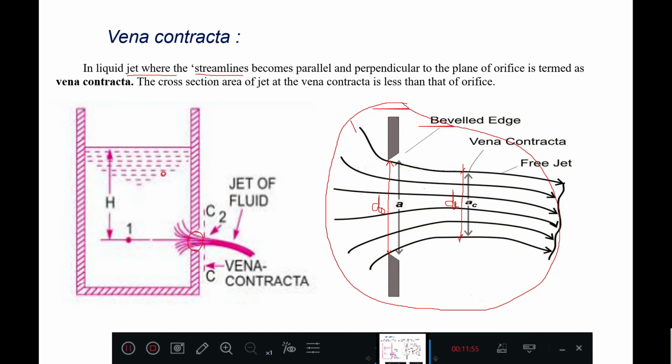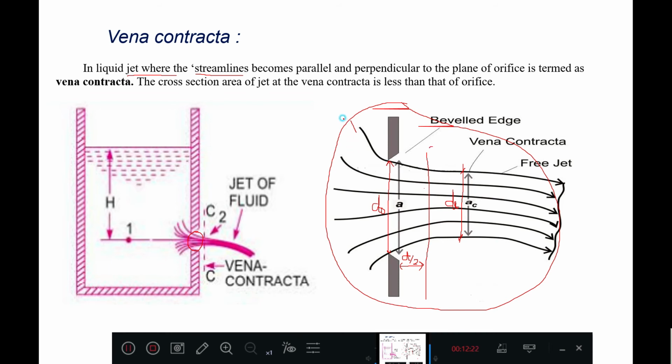Generally this vena contracta occurs at a distance of d by 2. Remember, at a distance of d by 2, where d means the diameter of the orifice. So if you measure half of the diameter of the orifice as a length,